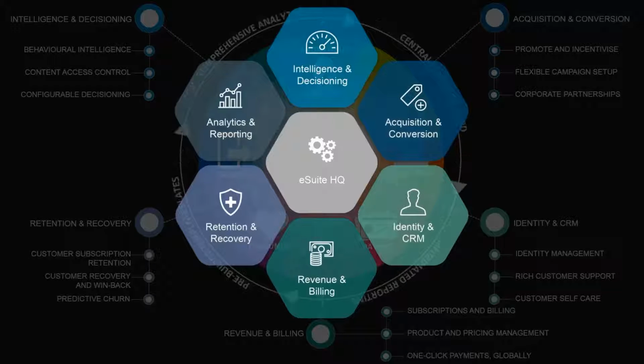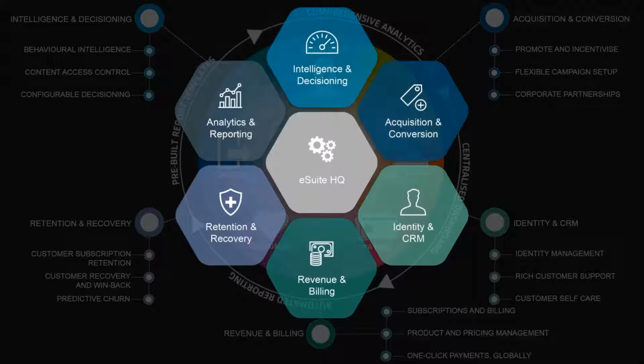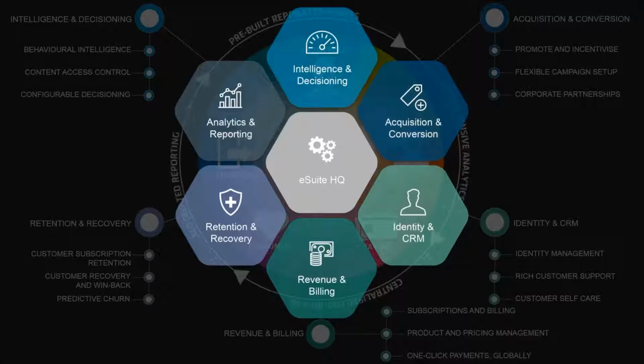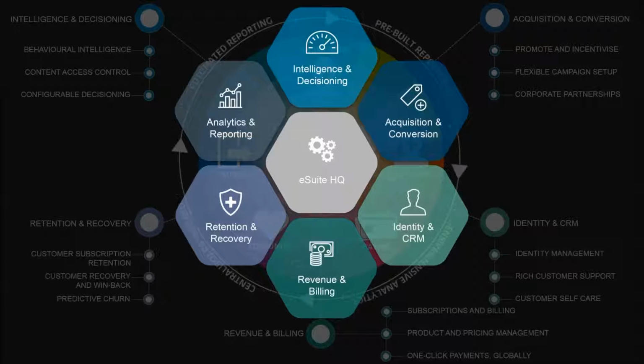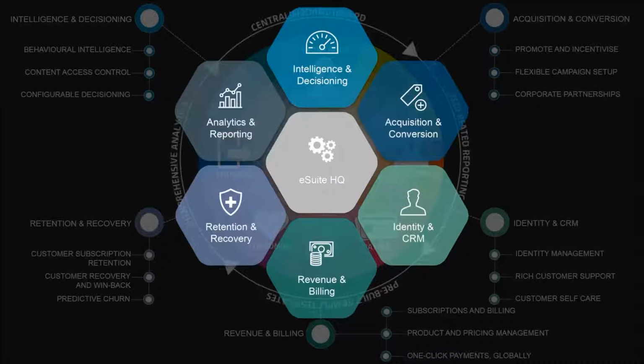And the last little bit before we go to a poll is that these are the 6 core modules within the eSuite platform. MPP Global have the only fully integrated cloud-based identity management, CRM and e-commerce platform working in the media space today for TV operators, broadcasters, sports operators, publishers, and so on. And those 6 modules lend themselves perfectly to the customer life cycle,